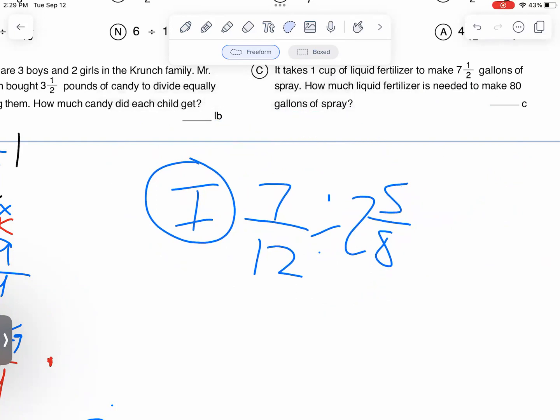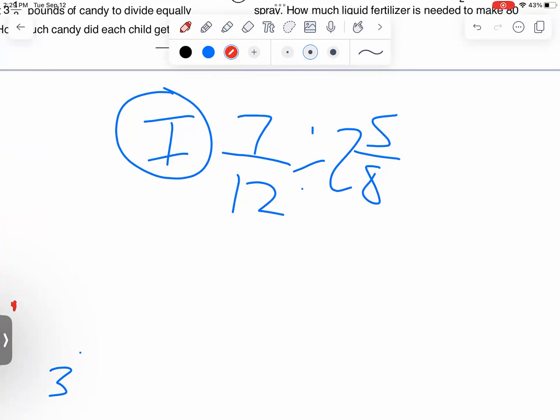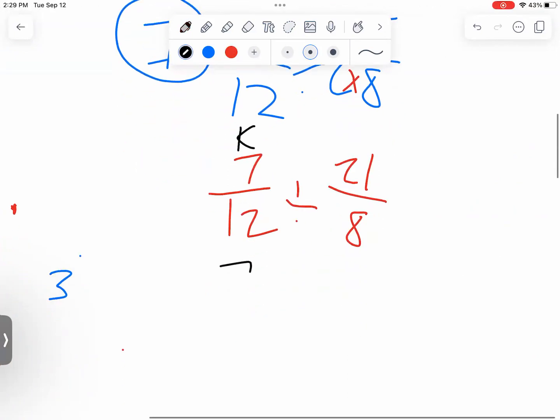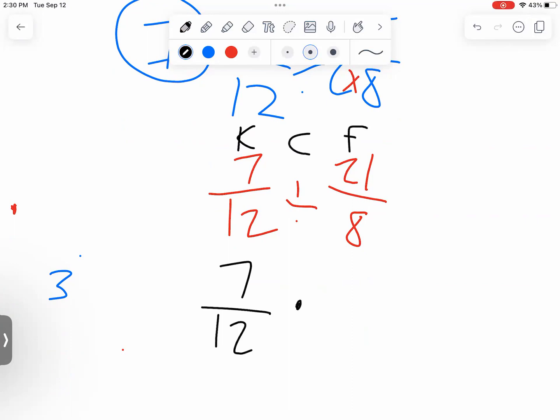First thing, make them improper fractions. This one's good, so we're going to write 7/12 here. 2 times 8 is 16, plus 5 is 21/8. Next step, we keep the first fraction, change division to multiplication, and then flip the second one to